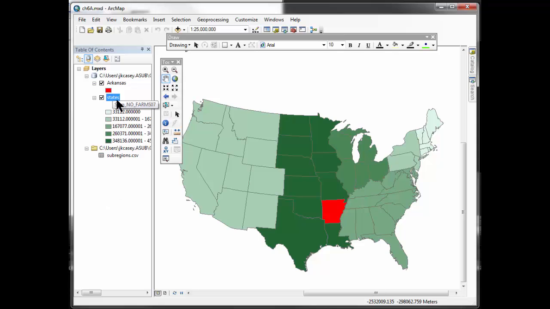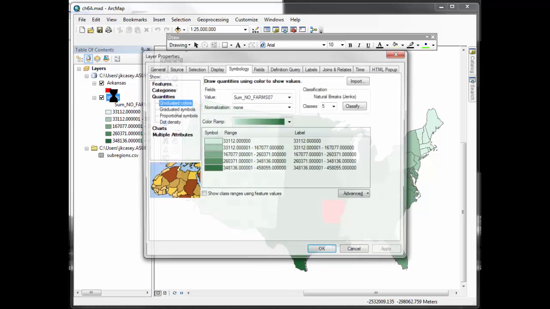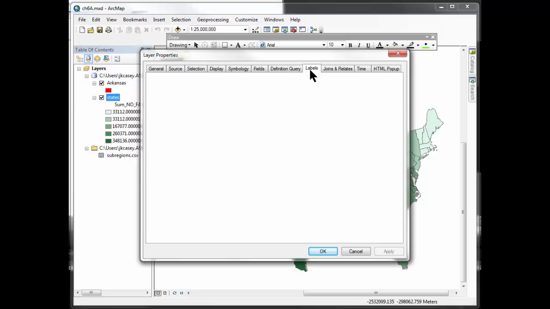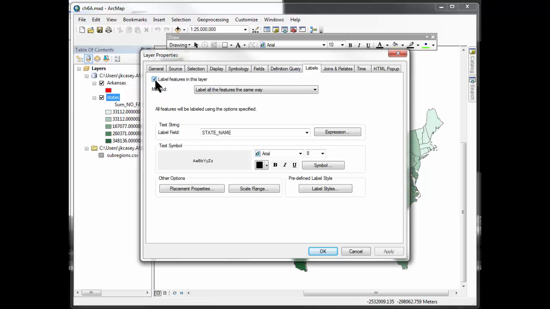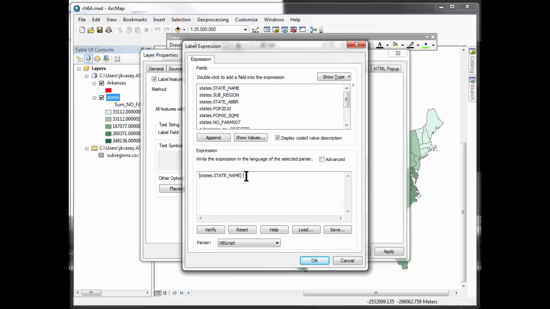We may also want to label these states. So far you've made some basic labels. In this case, I'd like the state abbreviation to be above the number of farms. So let's go to the States properties and pick the Labels tab. Turn on the labels and pick the Expression button. Clear the State Name field from the expression by selecting it and pressing the Delete key. Now double-click the State Abbreviation field from the list. Type the AND symbol by holding Shift and pressing the number 7. Now double-click the Number of 07 Farms field from the population join. Pick OK and OK